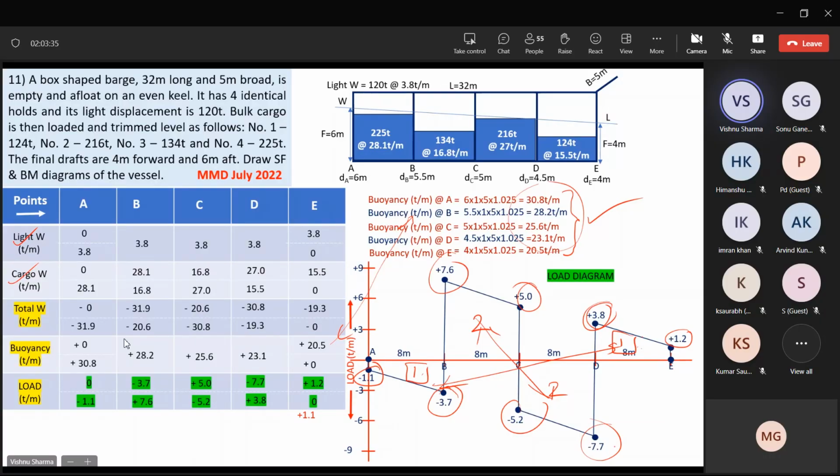I'm not deterred by that. I'll continue my working. In the end, what will happen? The SF will not become 0. There will be some small leftover. But I'll make it 0 because I know why that spillover has come. That spillover is because of the rounding off impact. So we go to